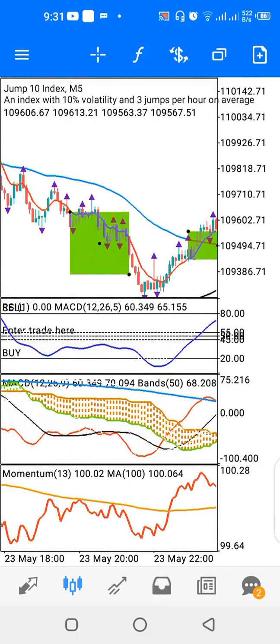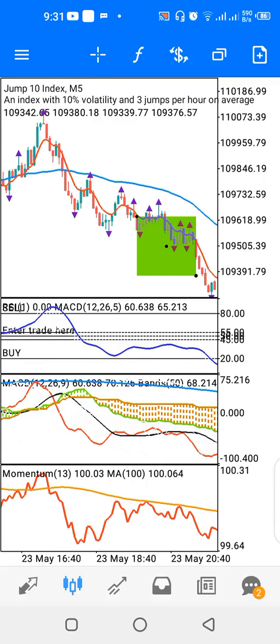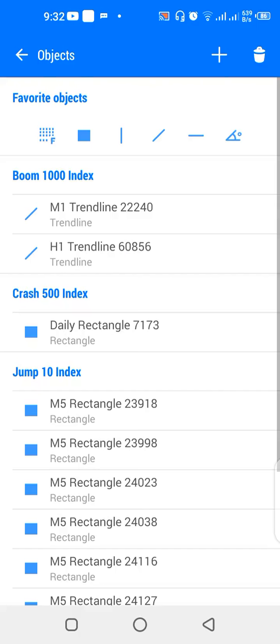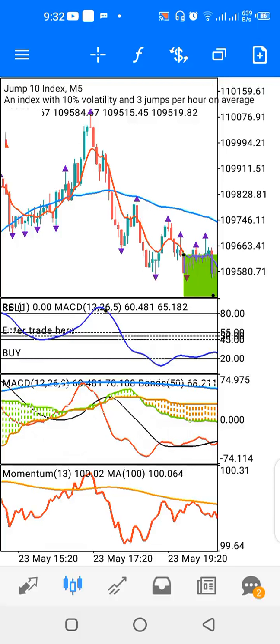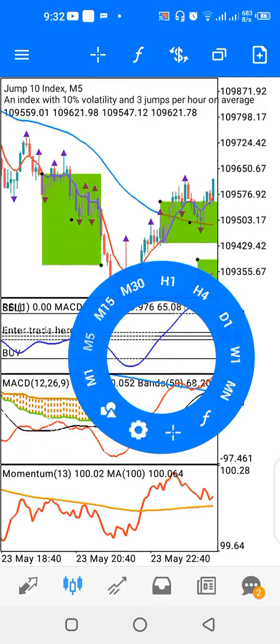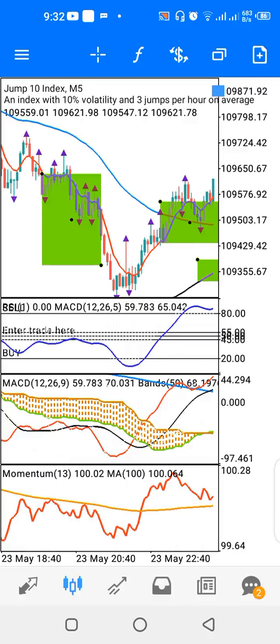Let's look at indicator window 1. For indicator window 1, I'll only place my sell trade when I have it cross down from the 80 level, when the blue line goes above the 80 level and then comes down below the 80 level, I'll look for selling opportunities. Then for buying opportunities, when the blue line dips below the 20 level and then comes up like we have around here,